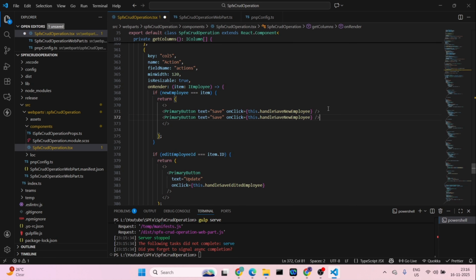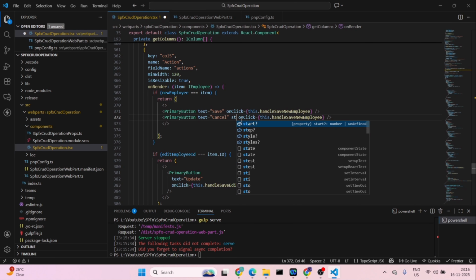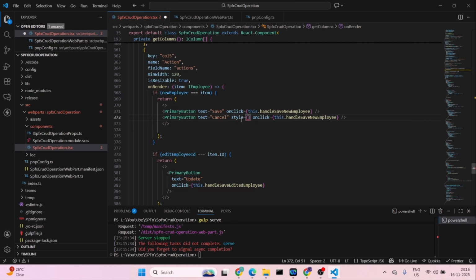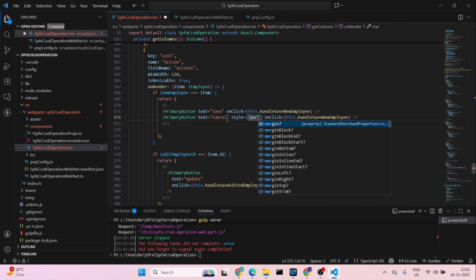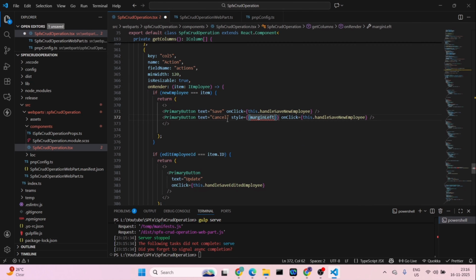So the text will be cancel, and I will add the styling for this as well. Style, curly bracket, marginLeft, colon, will be 8, and